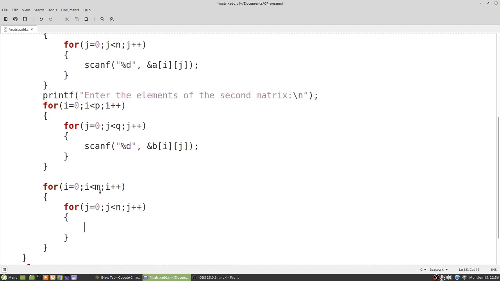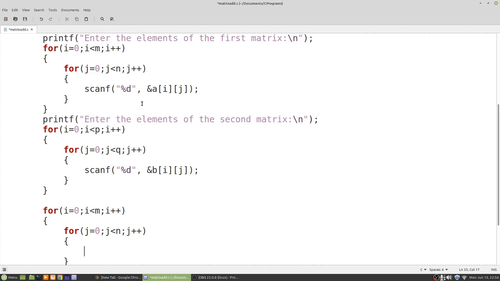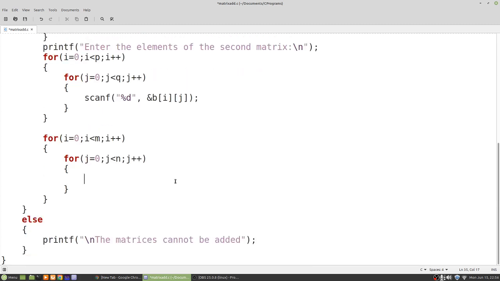So we don't need a scanf here because these two scanfs are used for scanning the elements for the first matrix and the second matrix.